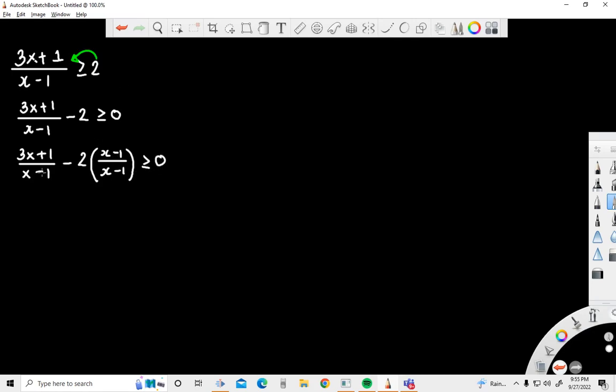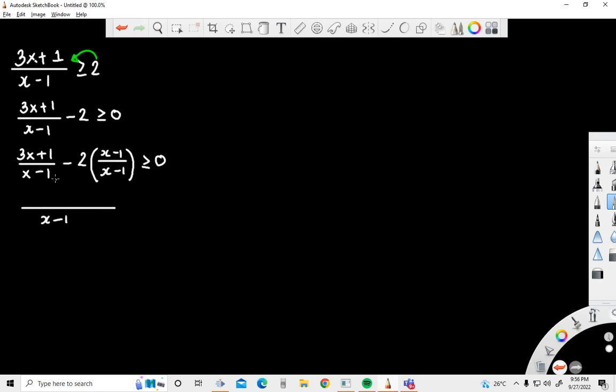Ang goal ko kasi ay maging magkaparehas ang kanilang denominator. So, pares na po yung denominator nila, x - 1. At alam naman natin na ang x - 1, pag dinivide mo sa kanyang sarili, ang sagot dyan is 1. 1 times 2 is also 2 as well. Okay? So, since pares na po ang kanilang denominator,